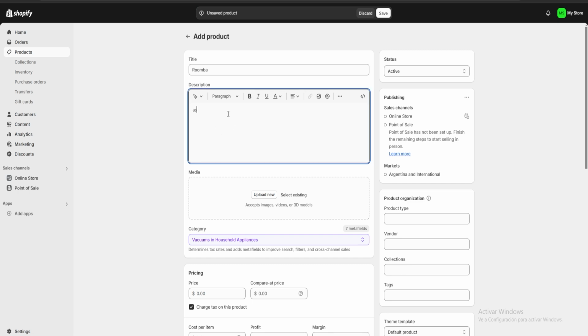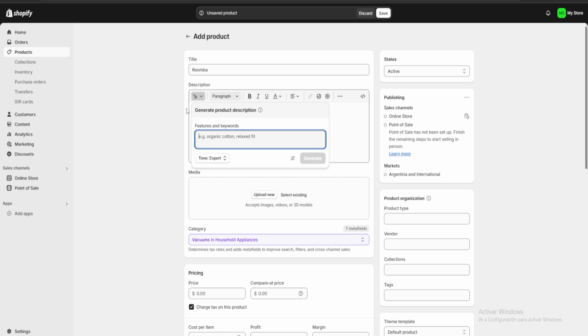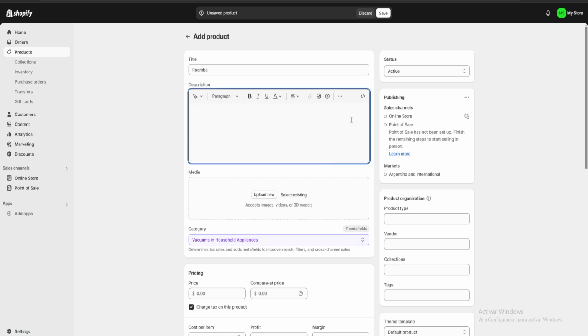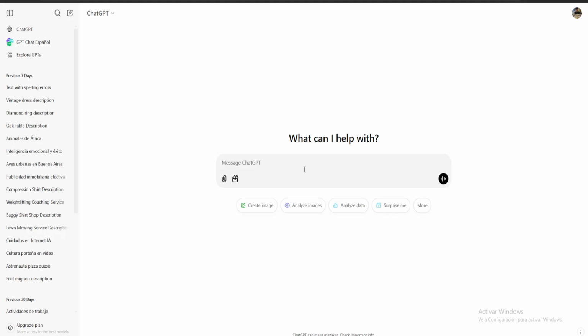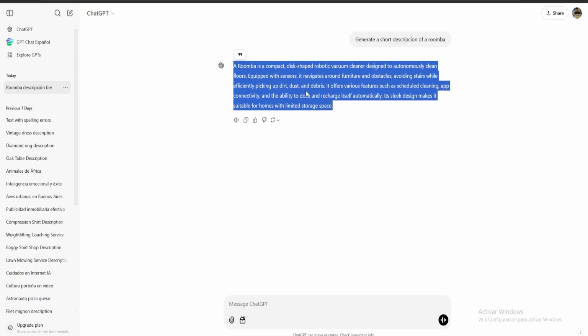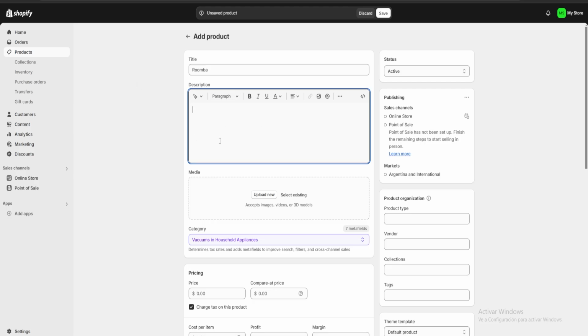can either write our own description ourselves, or we can use the built-in AI of Shopify to generate a description for our product. But what I'm going to do is I'm going to use my AI of choice. So for example, I'm just going to use ChatGPT and I'm going to put here generate a short description of a Roomba. So once ChatGPT has done our description, we are just going to copy and paste it